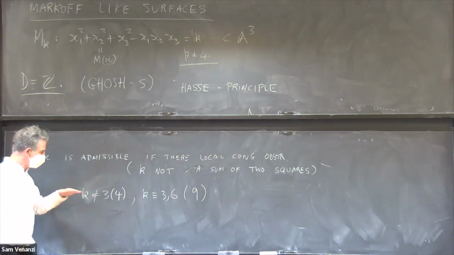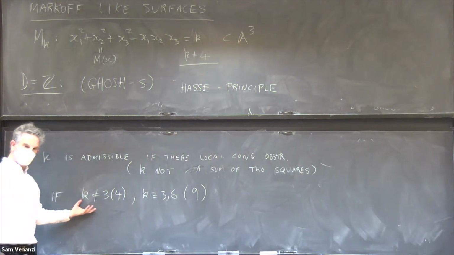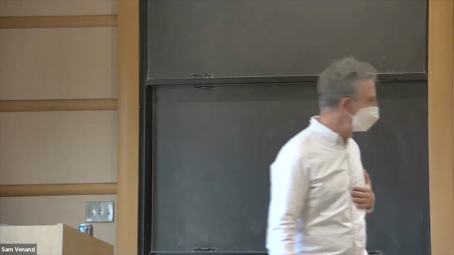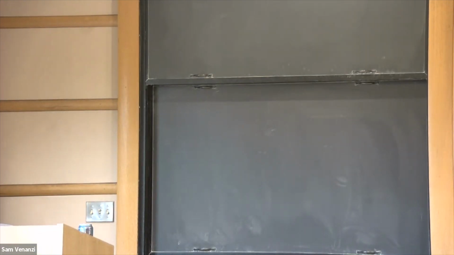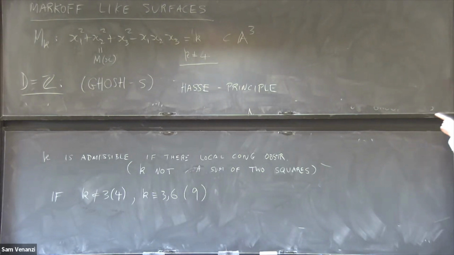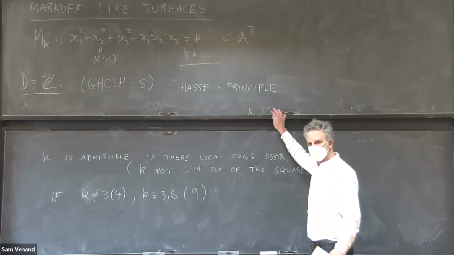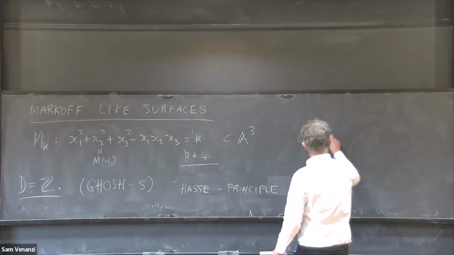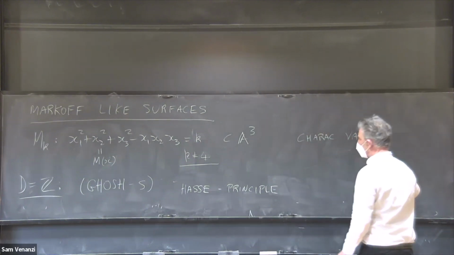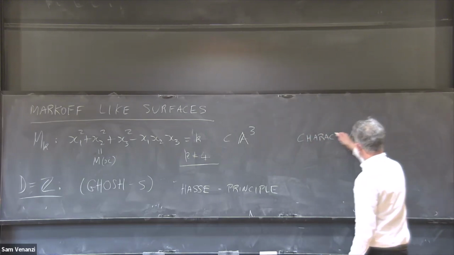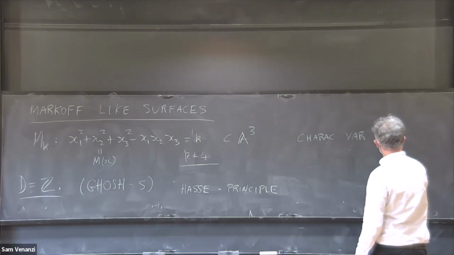And the question is, for which Ks do you have a solution, and for which Ks do you not have a solution? So they have to be admissible, and once they're admissible, you can try to find a solution. Now, very different to the sum of three cubes, we have a descent algorithm. This was explained last time by Junho Wang, that for any of these character varieties, so this is the character variety of the one-holed torus, that's a connection to. I won't go there. Of course, you can find the action of the mapping class group directly, the relative character variety of the one-holed torus,